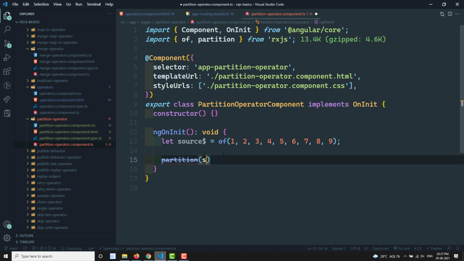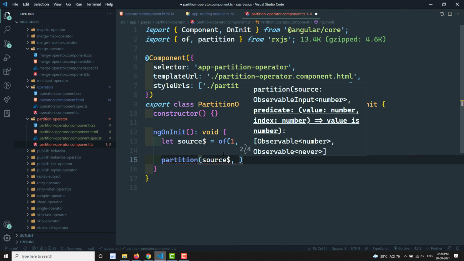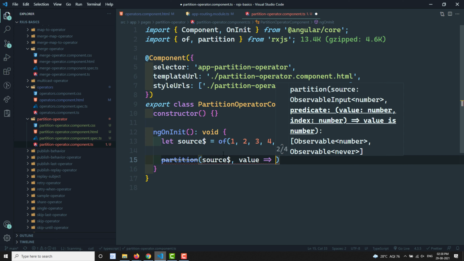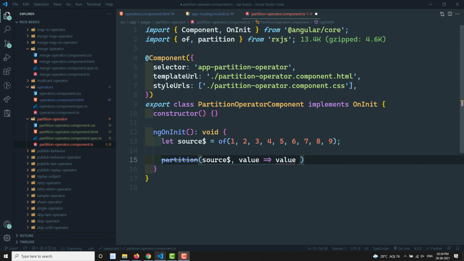Now we need to pass this source, and we need to add a predicate function. Each value will come to this logic, and we need to return a condition such that we take only the even numbers. Okay, that's it. Now let's take this data and print it.